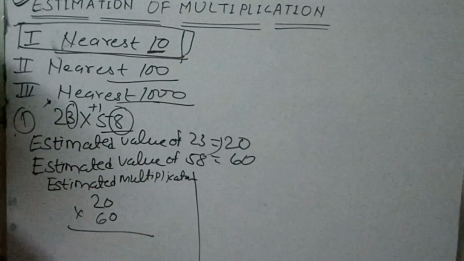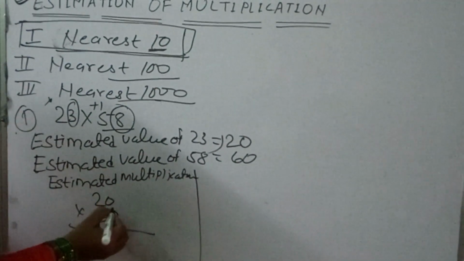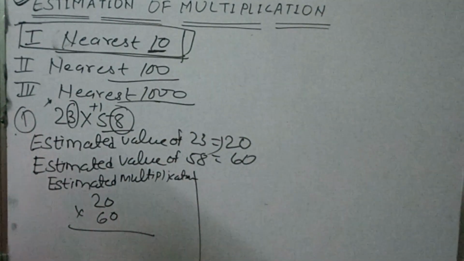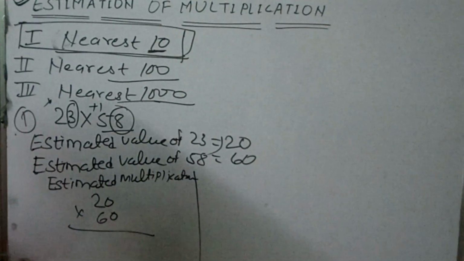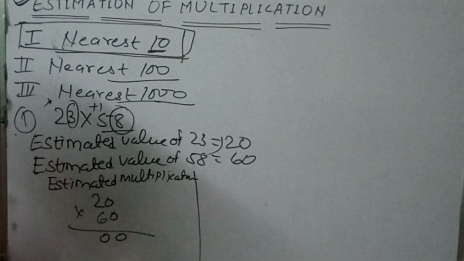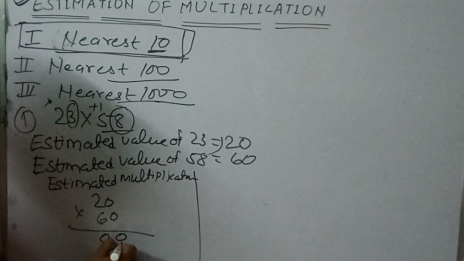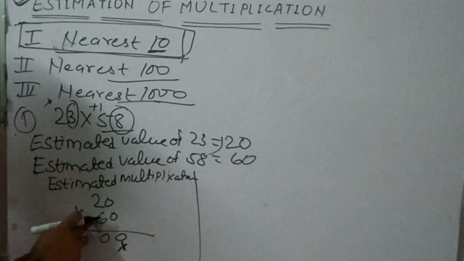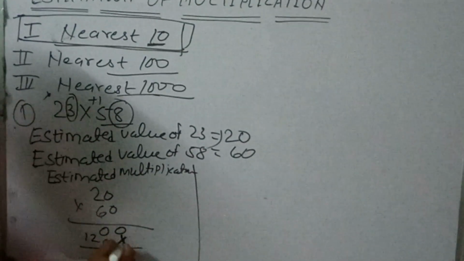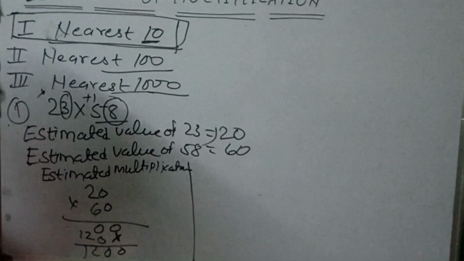I hope all of you know how to multiply the numbers. First we start from the right side. 0 multiply 0: if you multiply 0 with any number, it will be 0. 0 zeros are 0. Then 0 multiply 2 is also 0. After that we multiply with 6. Put the cross down first, and then multiply. 6 zeros are 0 and 6 twos are 12. Then add the numbers, and this one is 1200.